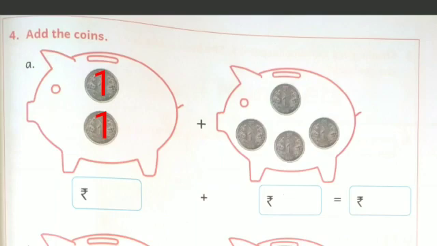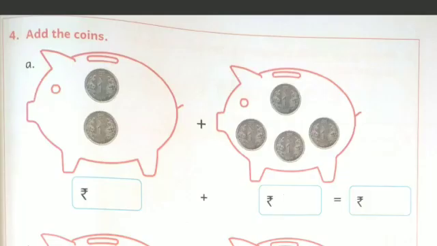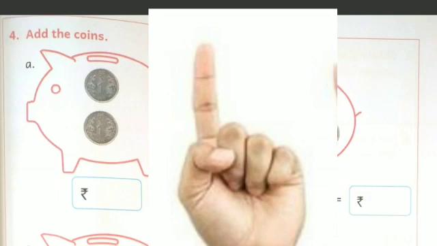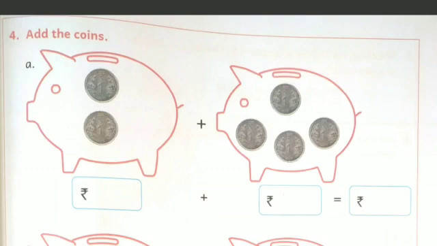How to add? Keep rupee 1 in your mind and open one finger. Now count after 1. Yes, it is 2. Now write here rupee 2 in the first box. On this side, you can see 4 coins of 1 rupee.